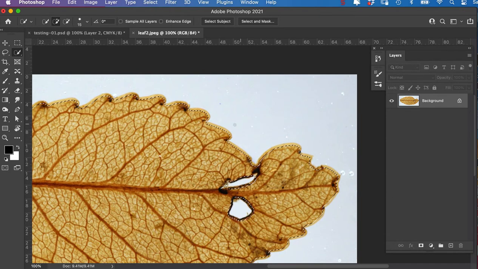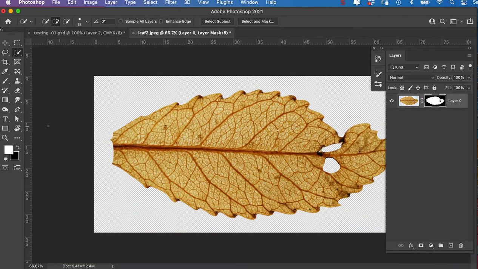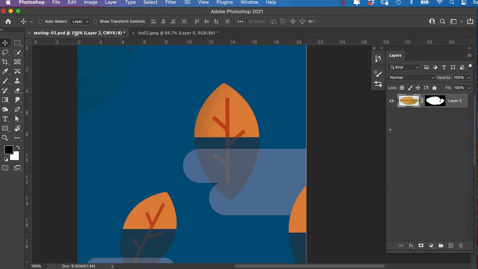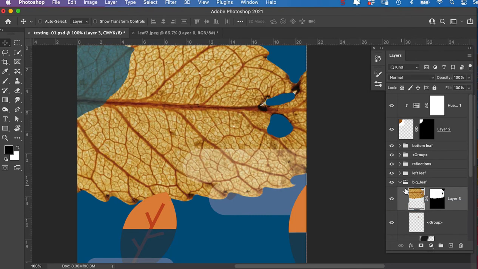I could have set it up so that it was going to make its own mask and everything, but I must have had it on selection. So I'll just make my mask now. And I'll do the same thing. I'm just going to make sure I'm on that layer, drag it, hold it on the tab. When it comes to the new image, drag it in and drop it. This one, just because of what I had selected before, it's dropped into the wrong place, so I want big leaf. So I'm going to drop it into that folder,